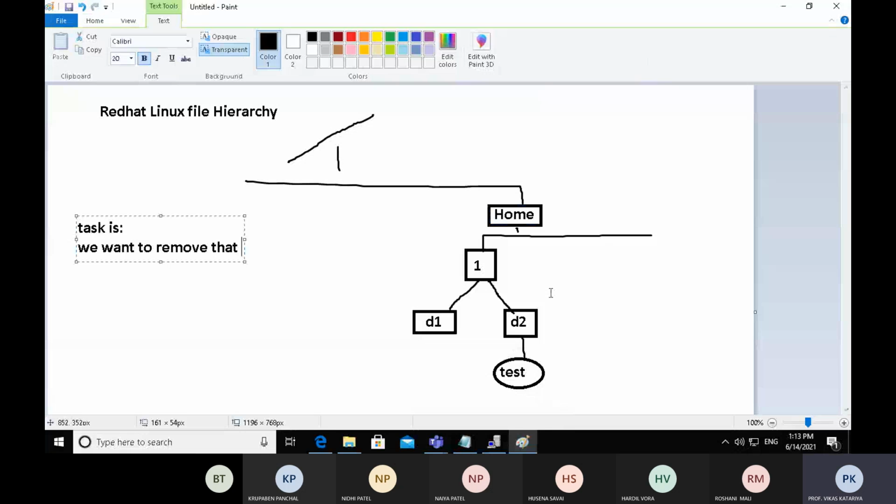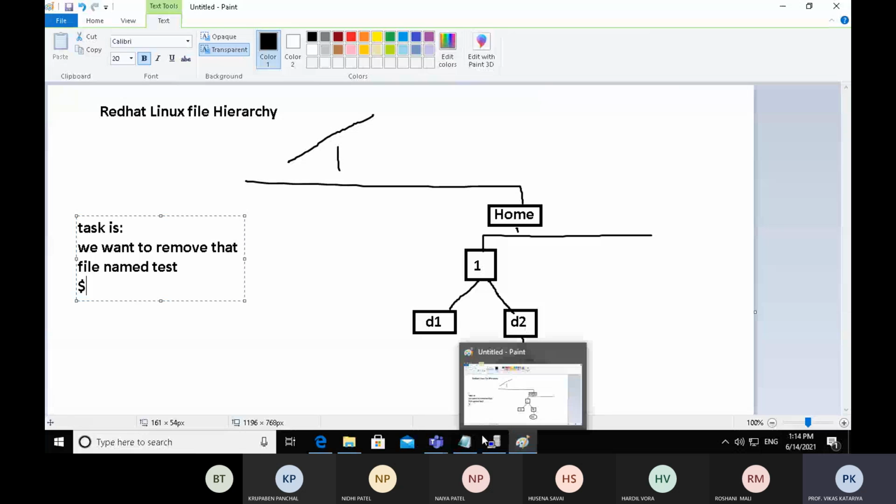What you have to do for removing any file which resides in the current working directory. So if you are on the D2 directory, let's check what our location is with pwd. First we will clear the screen. It will show our current path where I am currently.